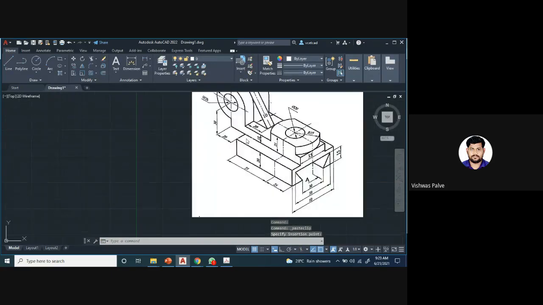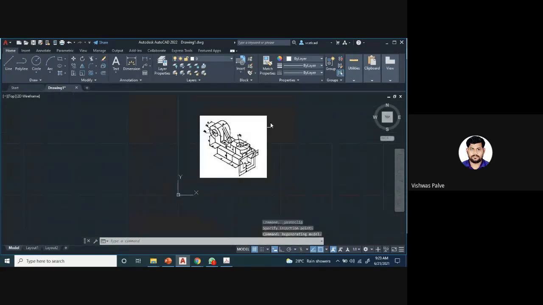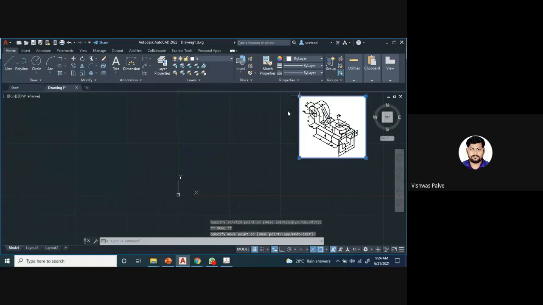Okay, so I have taken this numerical from that screen so that it will be visible here itself, and we'll solve this particular numerical in today's practical. Whenever we start a practical session, the first thing we do is set the units. After that we are going to set the layers. Today we are going to see how to set the layers and what the importance of layers is while solving the numerical.